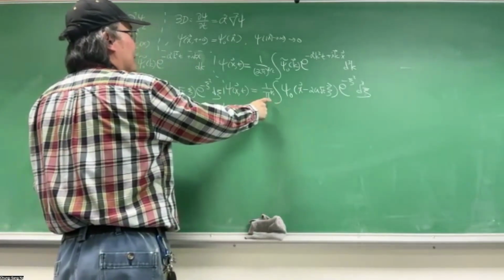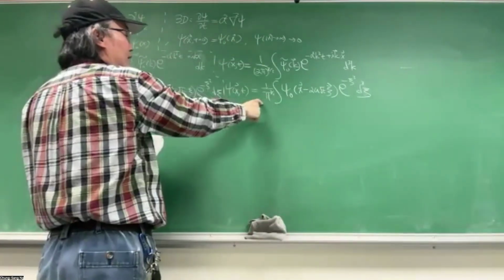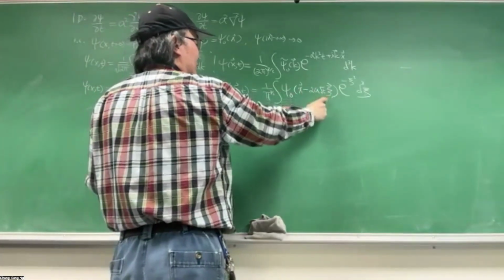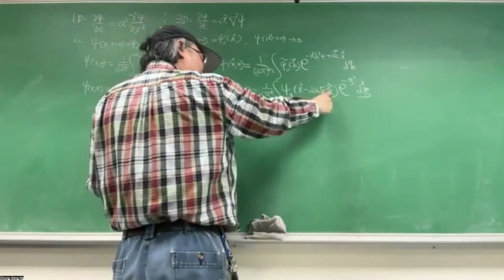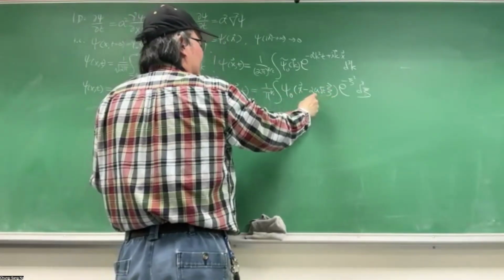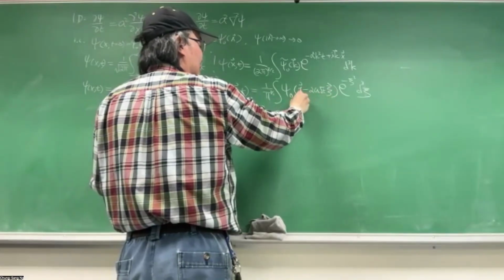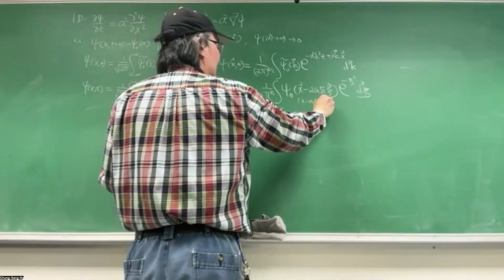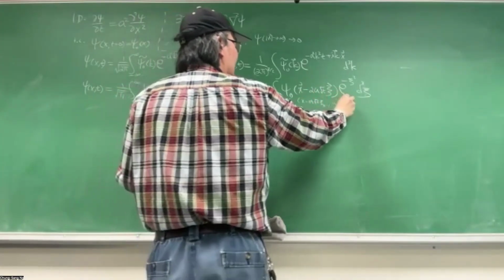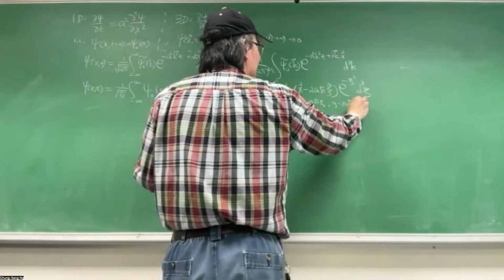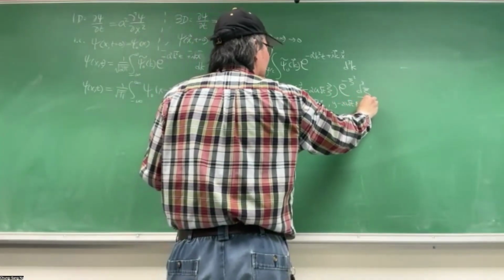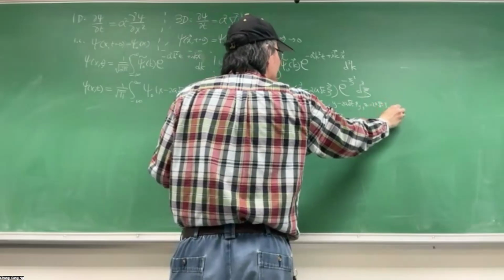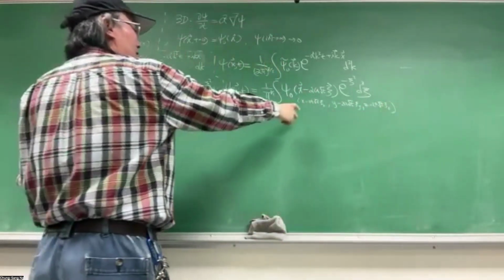You can do the same thing, plug this back to here, and because it depends on the vector, you can write down the dependency of the argument in three components. Like the x component, you have x minus 2a k_x t, y minus 2a k_y t, and z minus 2a k_z t, right? And each component,